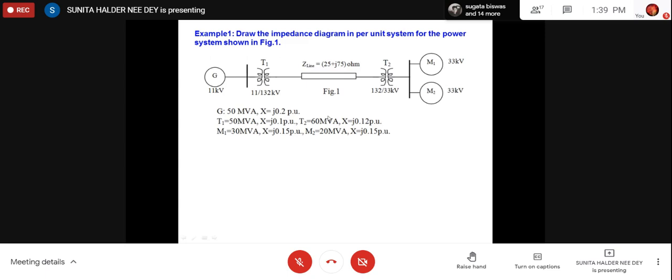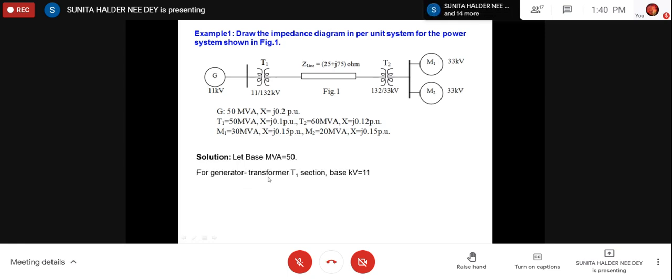But if you see the data, if we take base MVA as 50, then we have to do fewer calculations, because for the generator, there will be no change in reactance. Similarly, for transformer T1, if base MVA is 50, which is the actual rating of the transformer, there will be no change in X. So the calculation steps will be fewer. So let us take base MVA as 50, but there is nothing mandatory. Whatever you wish, you can take.